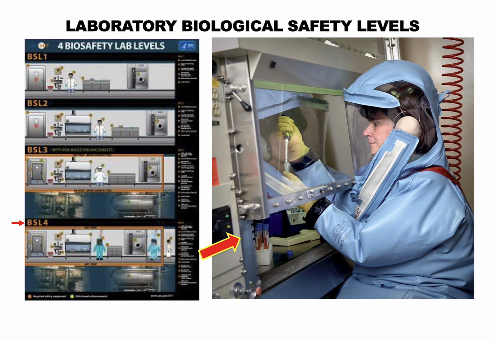Agents classified as BSL-2 pose moderate risk to laboratory workers and the community, typically being indigenous to the geographical area. This group includes bacteria like Staphylococcus aureus and Salmonella species, along with viruses such as hepatitis, mumps, and measles. BSL-2 laboratories necessitate